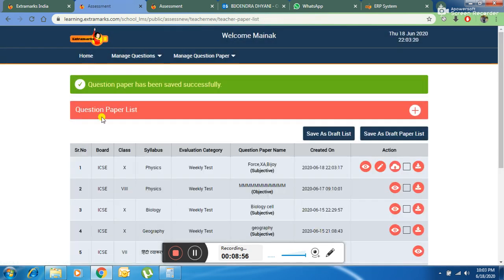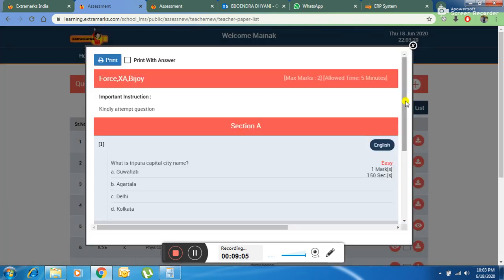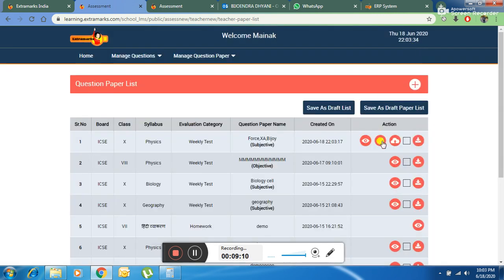So now when I save, question paper has been saved successfully. Now this is my paper. Okay, now first icon stands for if you want to view the paper again. See, this is the paper, how it will look to students. From this button you can edit the paper before you freeze it. Okay, but once if you freeze it, you cannot edit anymore. Am I clear? Third one is your freeze button. See, paper freeze, it's written, it's freeze button. If you press this one, you cannot edit anymore into this question. Okay, so please check it before.